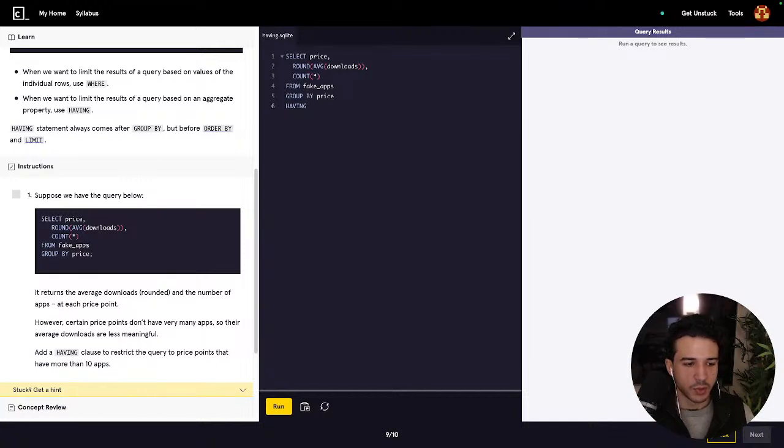We want to restrict the query to price points that have more than 10 apps. So select price and round the average downloads. We don't just look at the price, we look at the rounded average, so essentially just the average downloads associated with that price point and the count, but we want to restrict the query to price points that have more than 10 apps, having